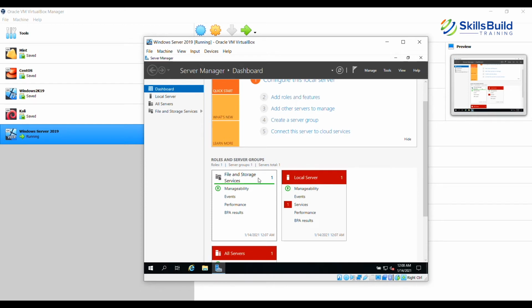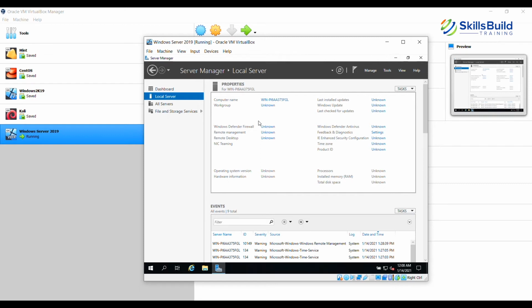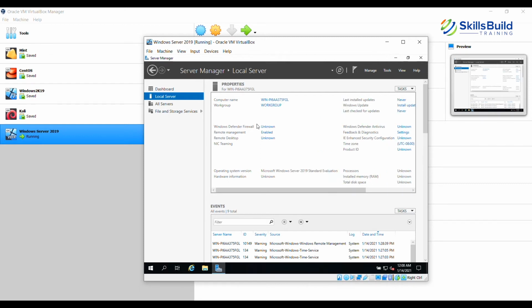This will run on each and every Windows Server 2019 by default, so anytime you install Windows Server 2019, this box will automatically appear because that is configured by default. Then you have the local server environment. You click on Local Server in the left pane, and this is what it tells you.